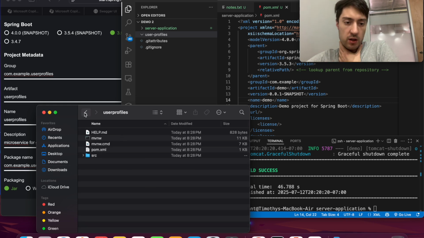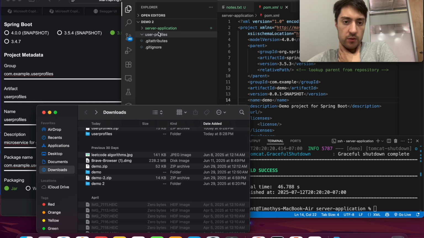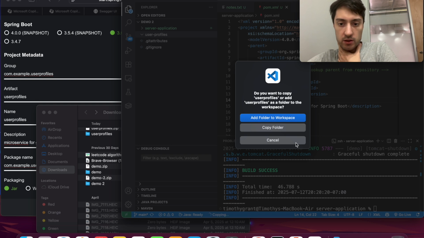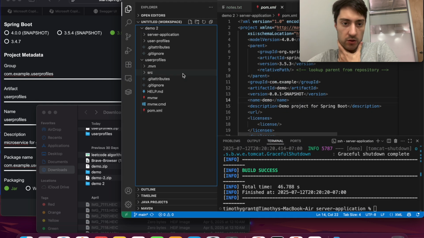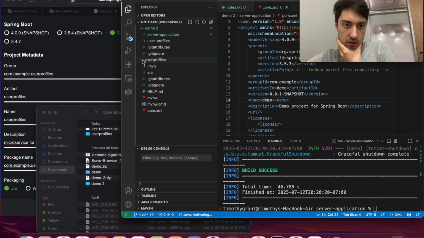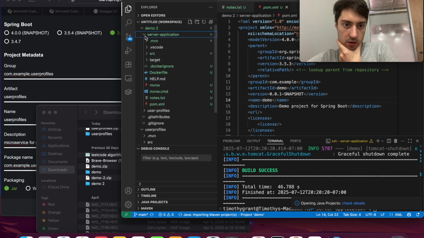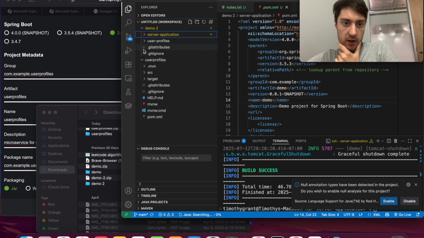Well, if this is a folder itself, why do I need this folder? I don't even think I need that folder, right? I can just go like this. Add folder to workspace, yes. Server application. This one and